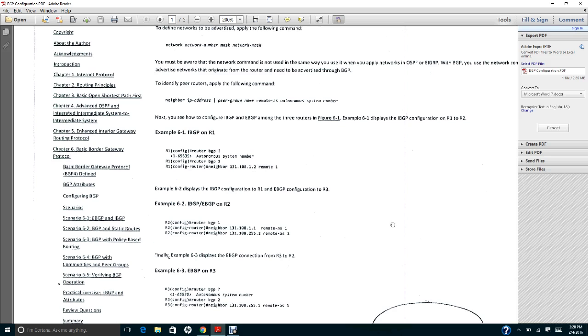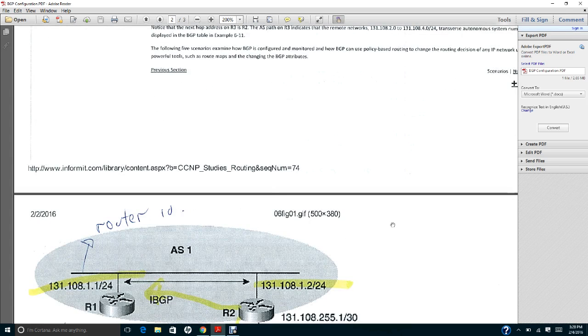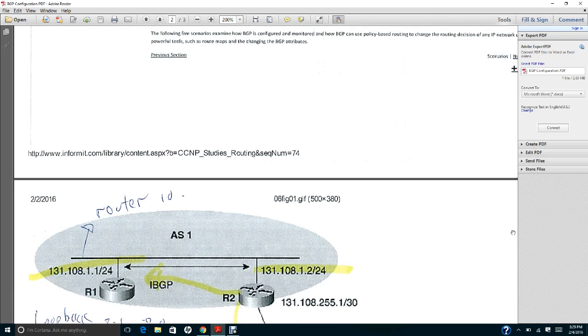That means this one is referring to this one, 131.108.1.2.